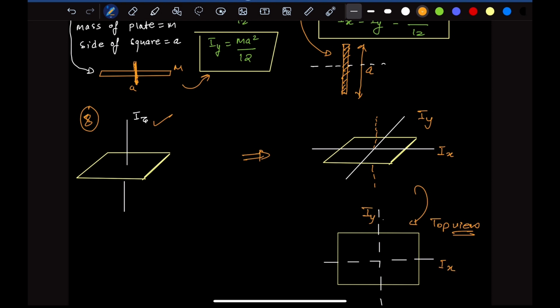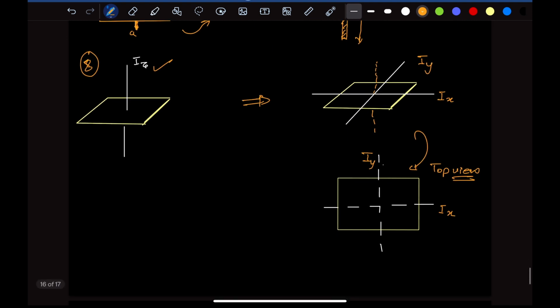Now think how to calculate. Can we use the perpendicular axis theorem? Yes, we can use the perpendicular axis theorem, right? Why? Because it is a planar surface. The z-axis is perpendicular to the plane, and Ix and Iy are passing through the plane and they are also perpendicular to each other. So from the perpendicular axis theorem,